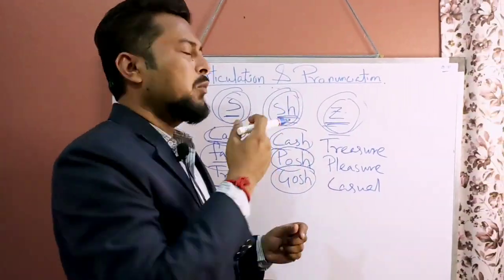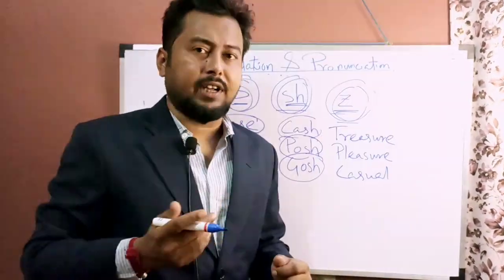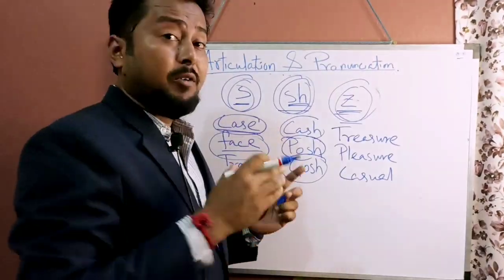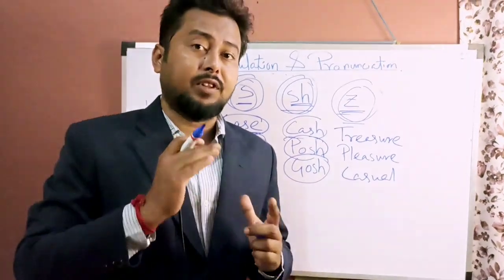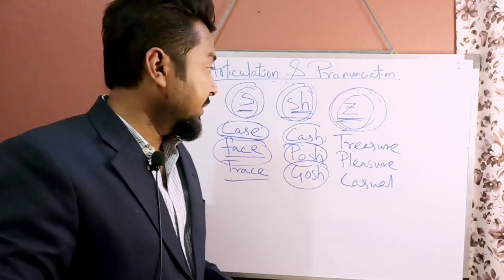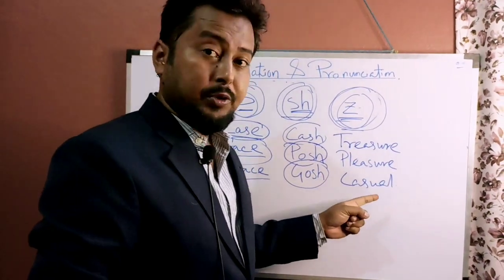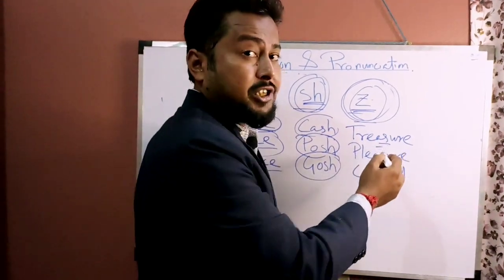And mostly the middle of the tongue and to some extent the tip of the tongue is responsible for this particular sound. You need to utilize those portions of the articulator properly. This is also one of the most difficult and mispronounced sounds that we have. For example, treasure, pleasure, casual. So this ja sound, ja, it's